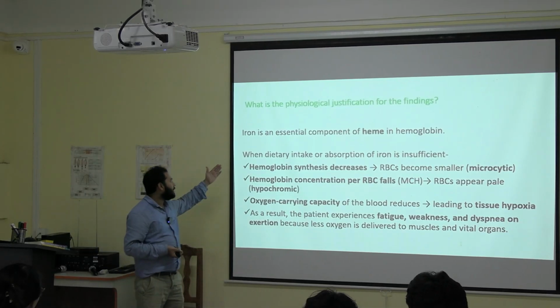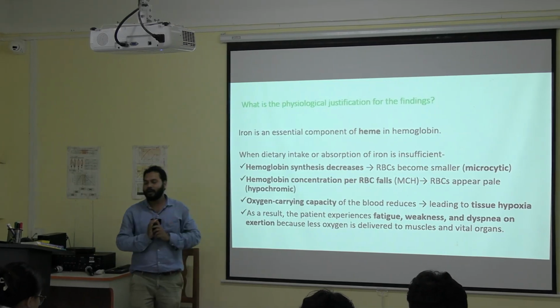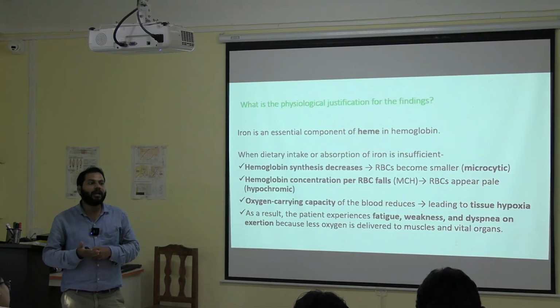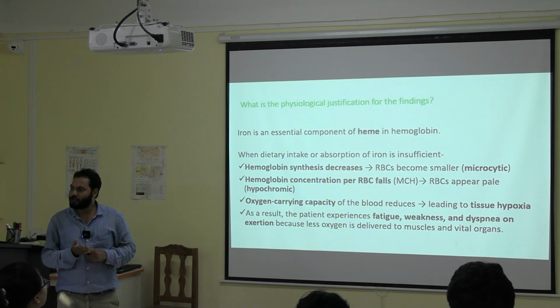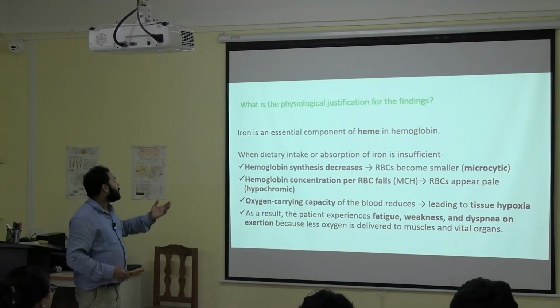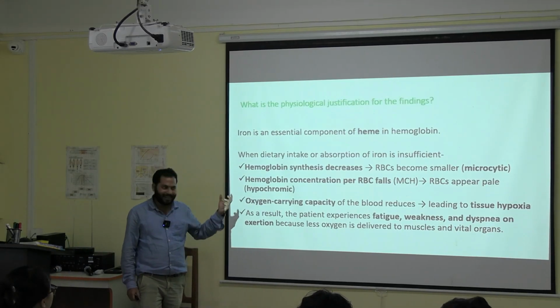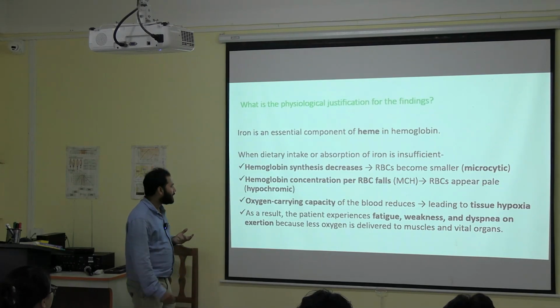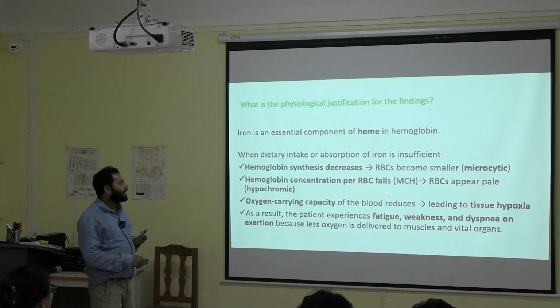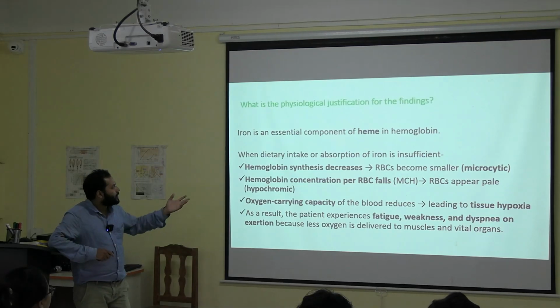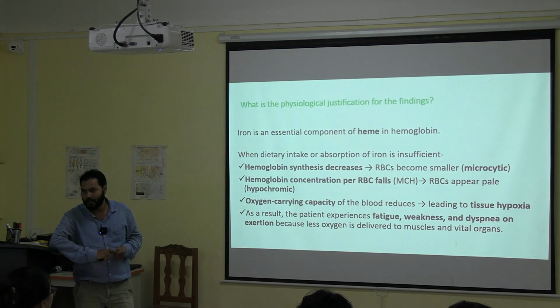There are mainly 3 or 4 different factors that can be correlated with the provisional diagnosis, like the decreased synthesis of RBCs, which is why it is microcytic, and the concentration of hemoglobin per RBC, which is also reduced. Another important part,